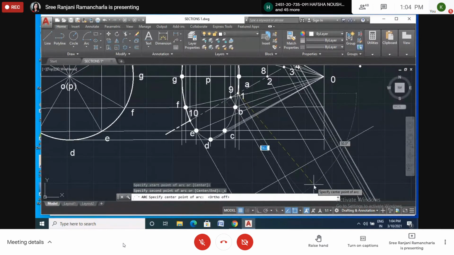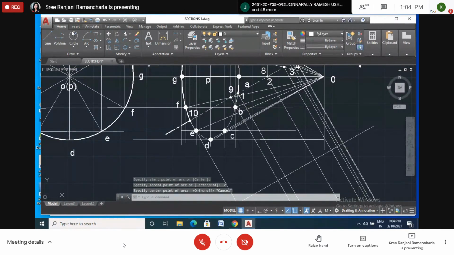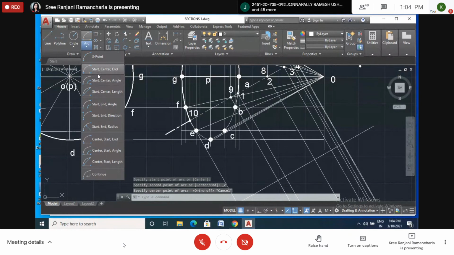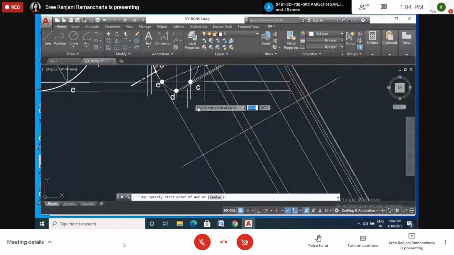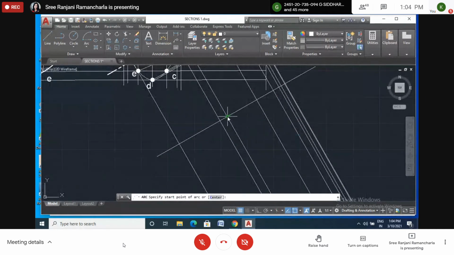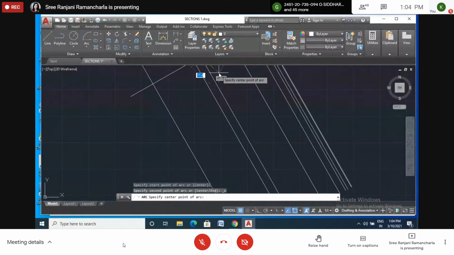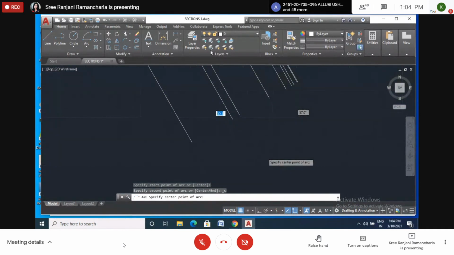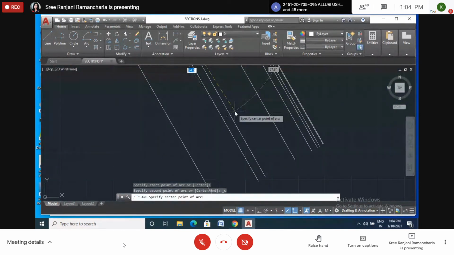From XY we had to draw. From XY we had to draw. So this on this line. 52.8. So 52.8. Enter.